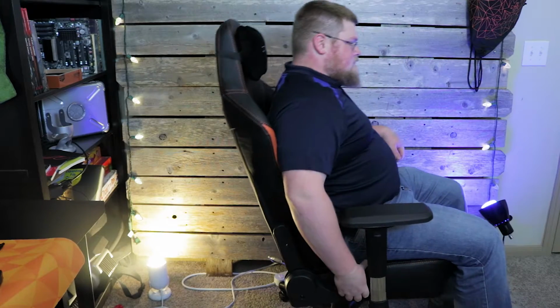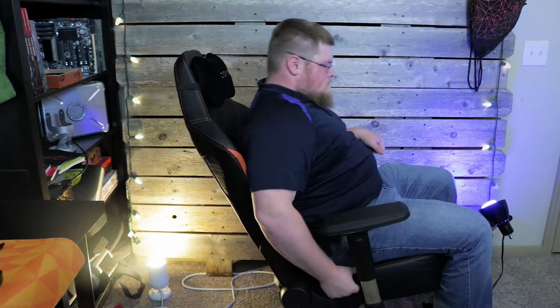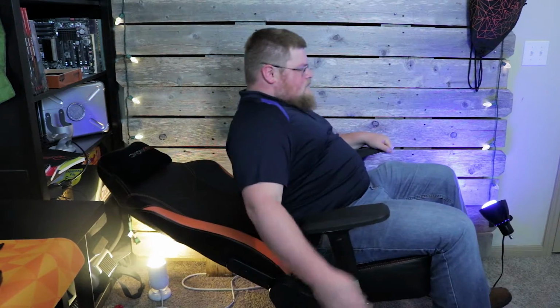And I think that the differences kind of stand for themselves when sitting on this as a big guy like myself. There's plenty of adjustments on this chair, from how high or low you want to sit, to how tight you want the retention to be when you rock back and forth on the tilt, to the position of the back itself, to go from "I'm dying and I'm being folded up" to "I can take a nap in this thing,"